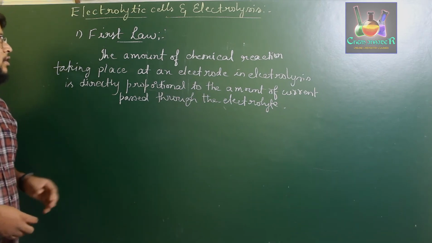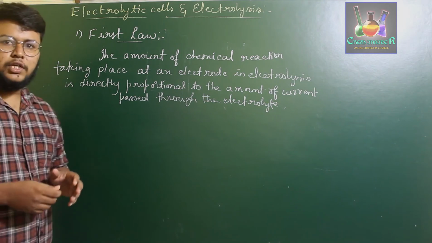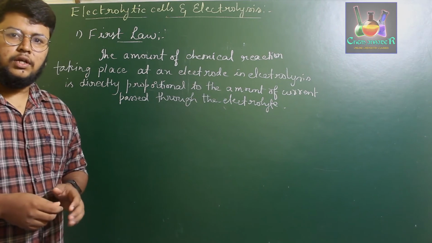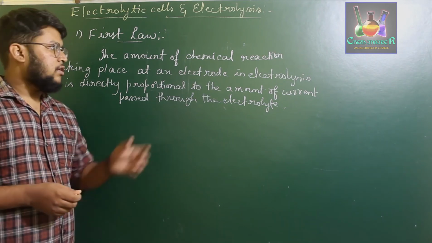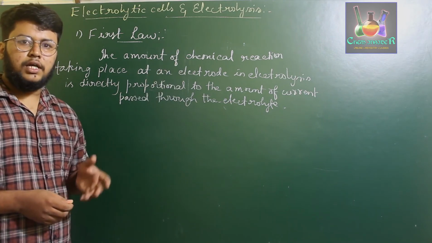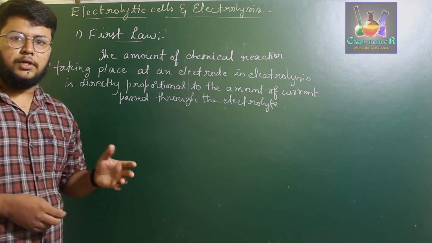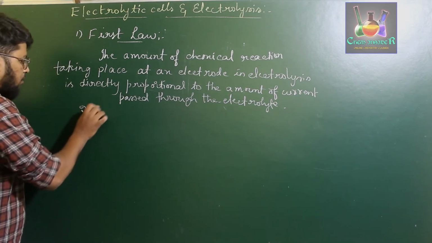So this is about the first law of electrolysis, where we observe that passing electric current through an electrode results in chemical changes. The amount of chemical reaction we observe on passing electric current depends upon the amount of current passed through the particular electrolyte. This is the first law. And for the second law,